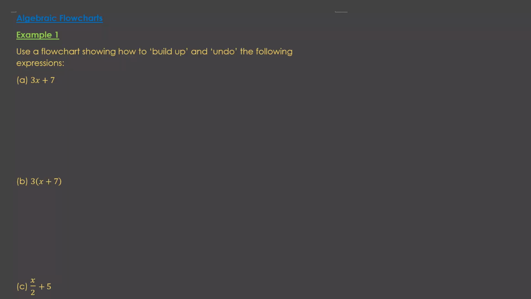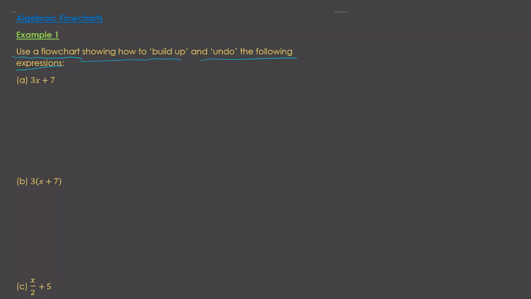Quite a lot of this section is a review of solving equations from year 8 and then may push it on a little bit further towards the end. So we're going to start by looking at flowcharts showing how to build up and undo